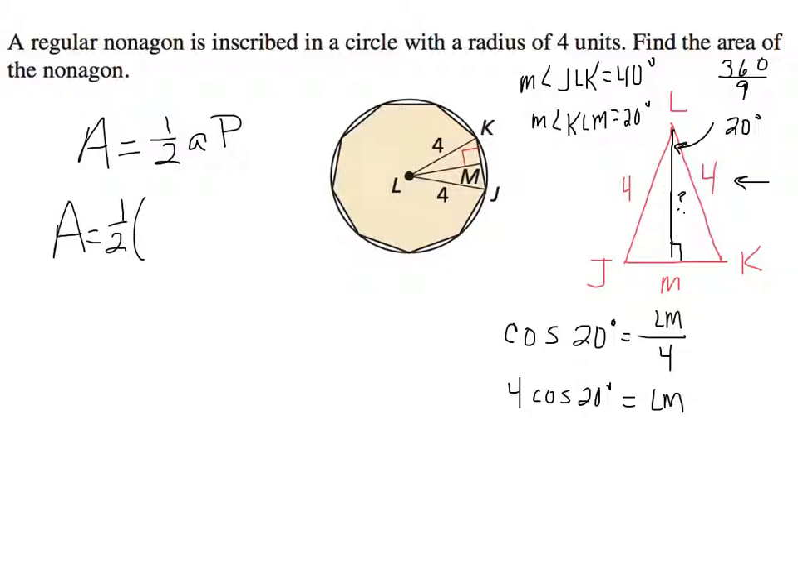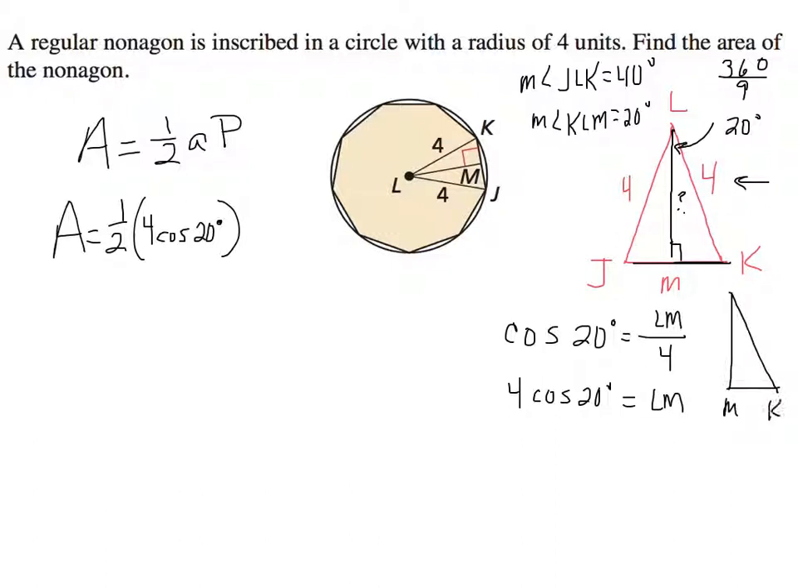Remember, I'm not going to round till the very end. So 4 cosine of 20 degrees is my apothem. But now I need to find the perimeter. Well, to find my perimeter, I need to find the length of JK. Well, I can find MK. Once again, remember that